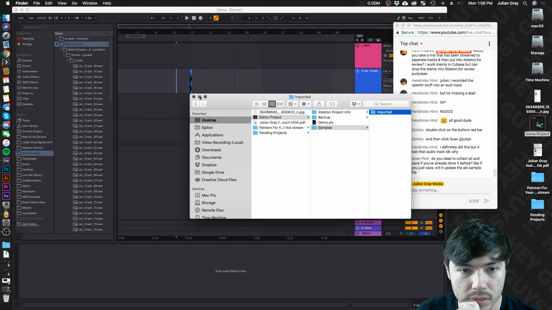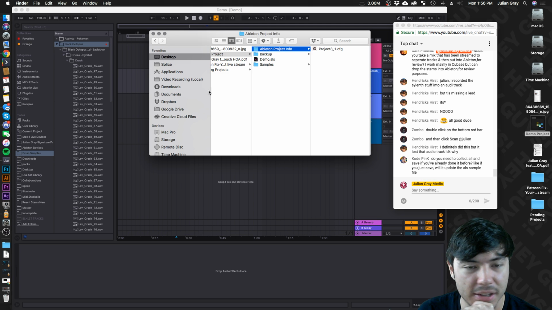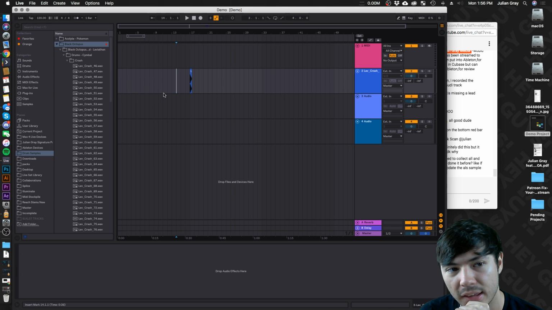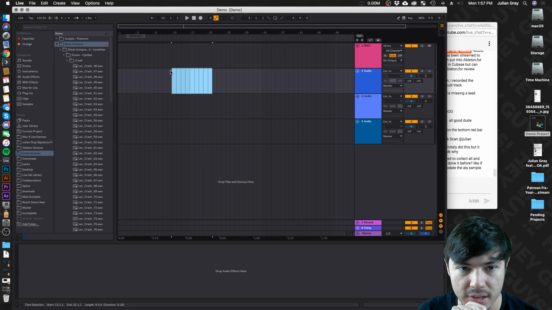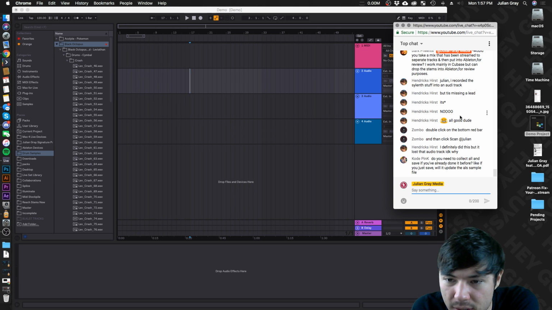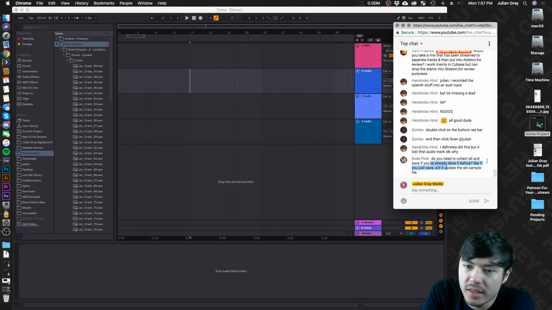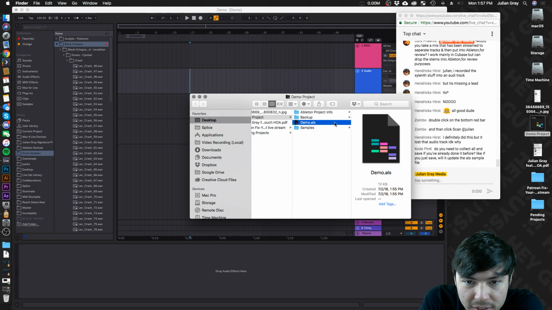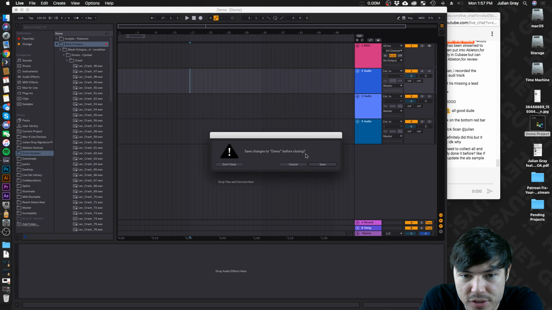And if you don't collect all and save, then if you send the project to somebody else, it's going to try to reference that folder, this one say, on your hard drive. And obviously their hard drive isn't the same as yours, so it won't appear, and then you get that sample offline error. You need to collect all and save if you've already done it before. Like if you just save, will it update the ALS sample file? So the project file here has nothing to do with the samples in the folder. So let's say I load this now, right?